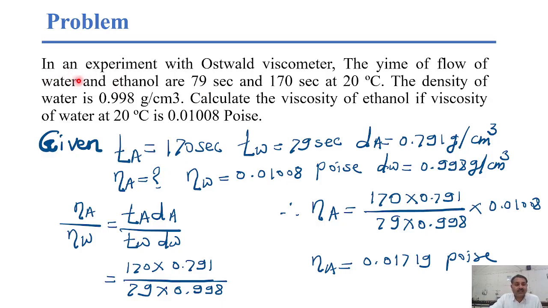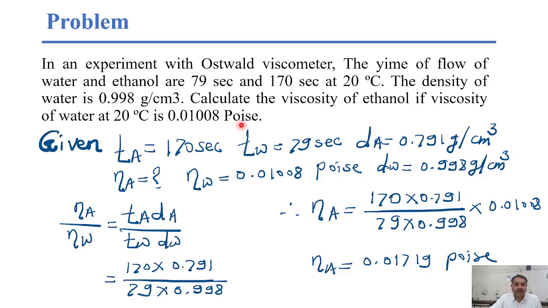So let us see the problem. In an experiment with an Ostwald viscometer, the times of flow of water and ethanol are 79 seconds and 170 seconds at 20 degrees centigrade. The density of water is 0.998 gram per centimeter cube. Calculate the viscosity of ethanol if the viscosity of water at 20 degrees centigrade is